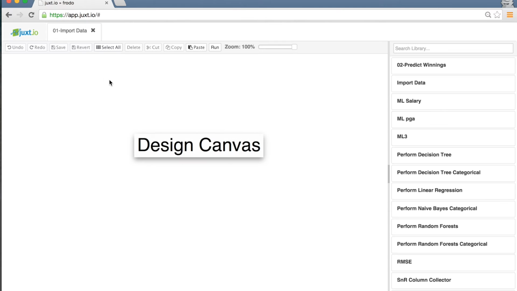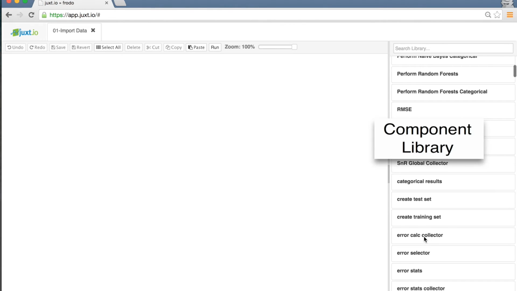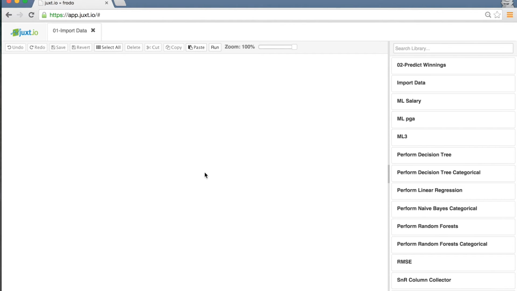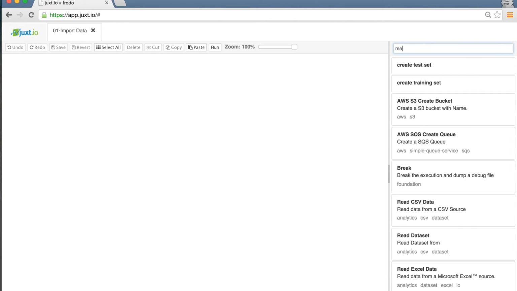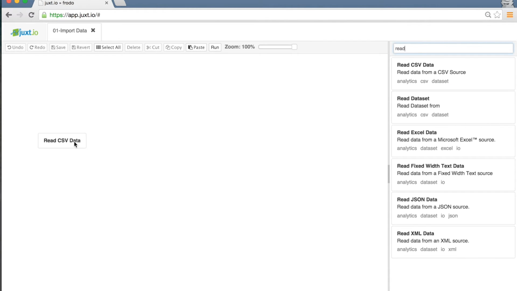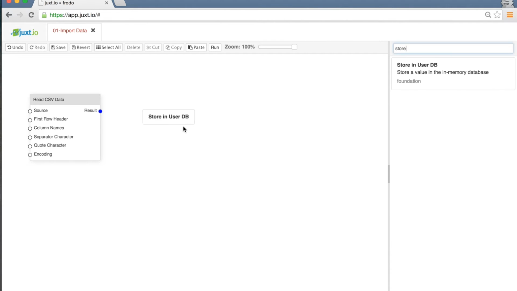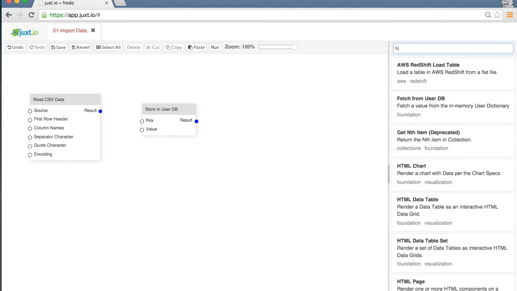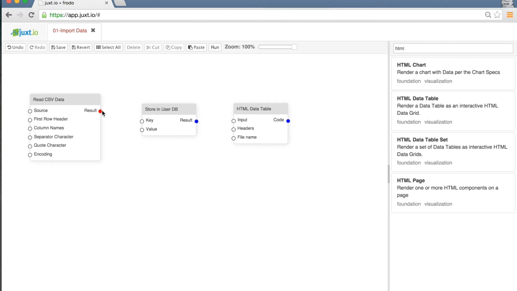This is the design canvas and the available functional modules on the right. We'll import a CSV file that contains golf statistics for about 200 golfers with their earnings from wins. We'll store it in a temporary cache or UserDB. And just to make sure that the data got imported fine, we'll throw an HTML data table to view the data. We'll fill in the details